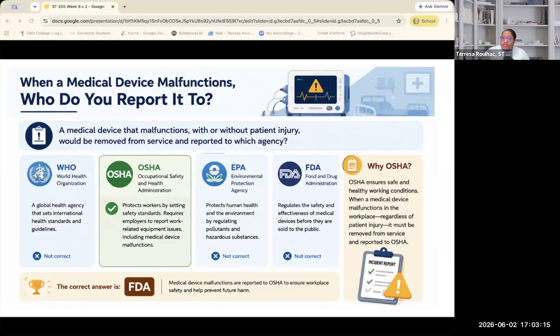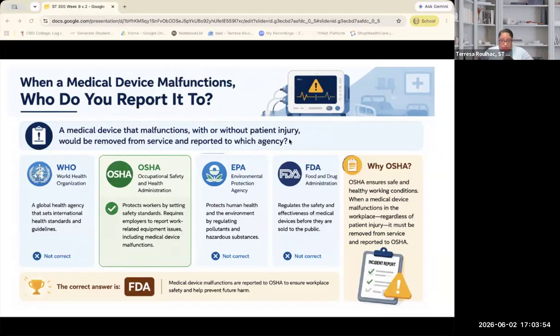Okay. So, excellent question. The question that was asked was, why would you not choose FDA if it talks about the medical device? And then there's another question too. I want to make sure. Let me save that one as well. So when we're talking about answering anything, FDA talks about medical devices, but that does not automatically make the FDA the correct answer. And I'm going to break it down. And that's an excellent question.